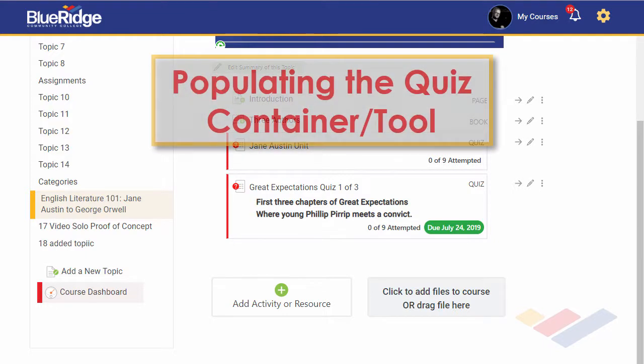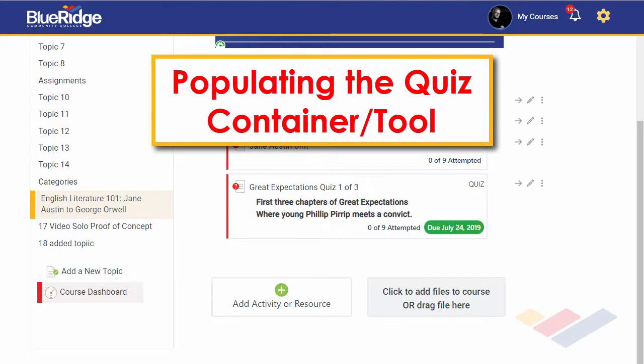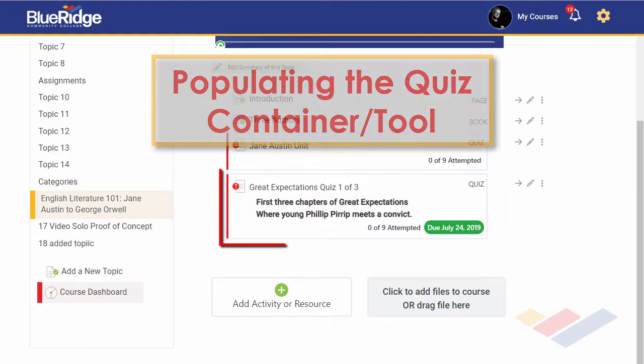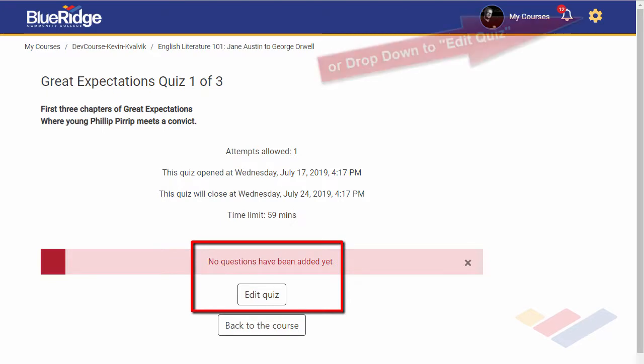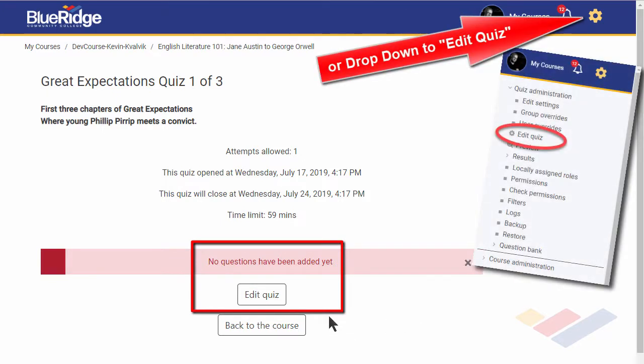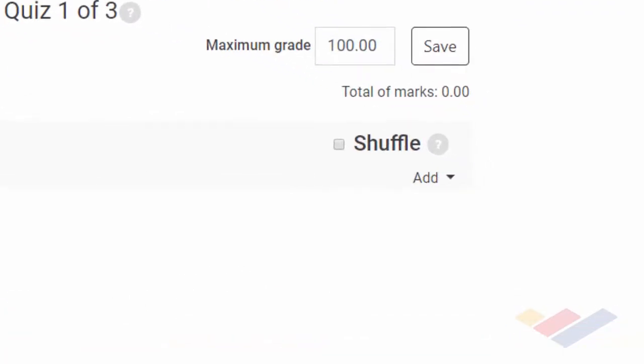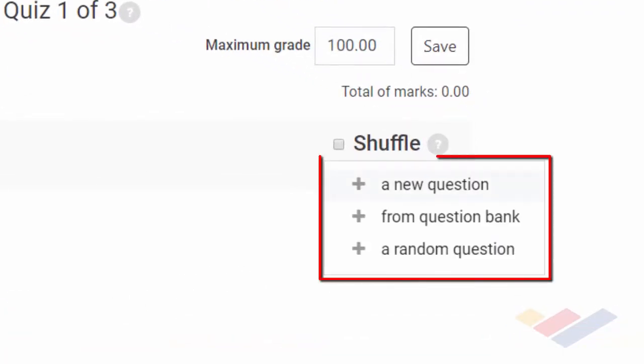With questions in the question bank and an assignment put into the course, we're now ready to populate the assignment itself with questions. So we'll go back to where we put in the assignment, we'll click it, and what will happen is it will say that we don't have questions in there, so it knows this is the edit step. So click Edit Quiz,